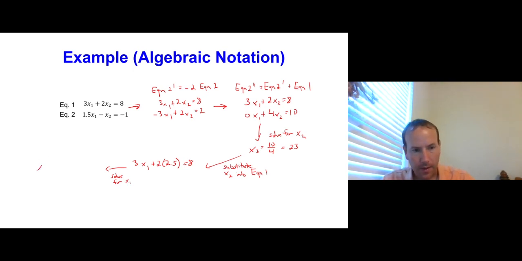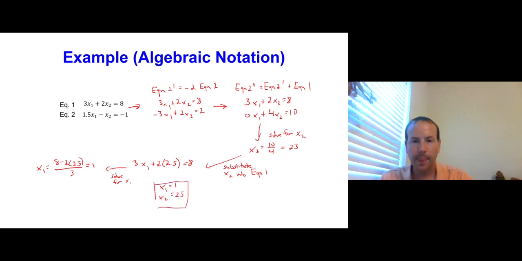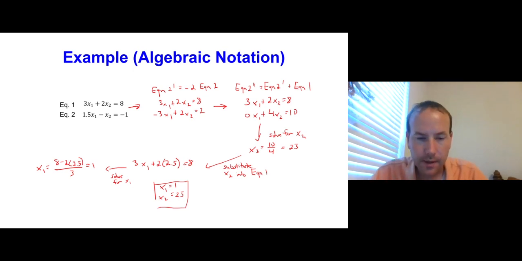Where x1 will now be given as 8 minus 2 times 2.5 over 3 equals 1. Great. So overall, we found that x1 equals 1 and x2 equals 2.5. So that is an approach that is complementary to the graphical approach and is somewhat better scaled, but